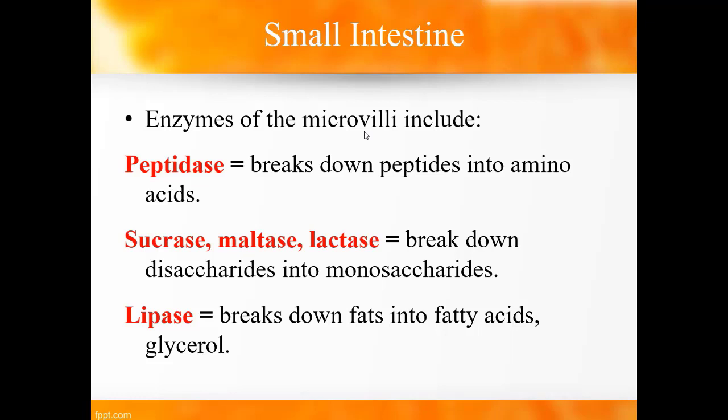The next group, they're all grouped together because they have the same job. Sucrase, maltase, lactase. All of those will break down disaccharides into monosaccharides. So that will break down sucrose and break down maltose and lactose. And then the last one here, lipase, that will break down fats into its individual components, the fatty acids and